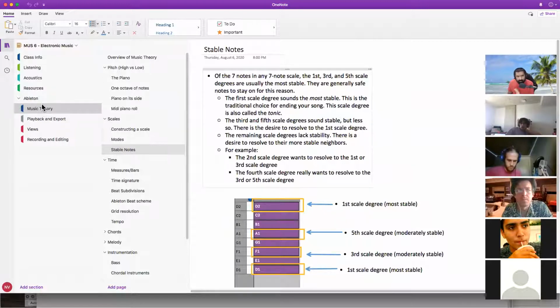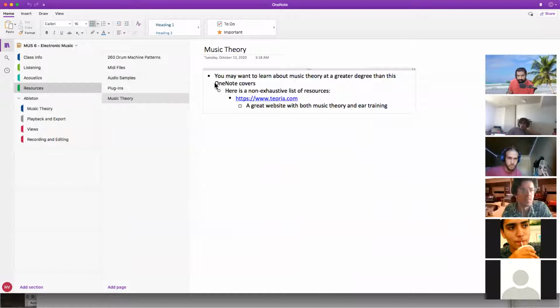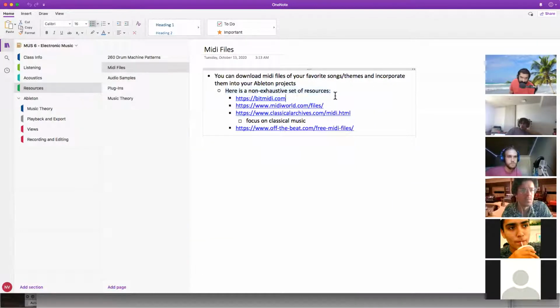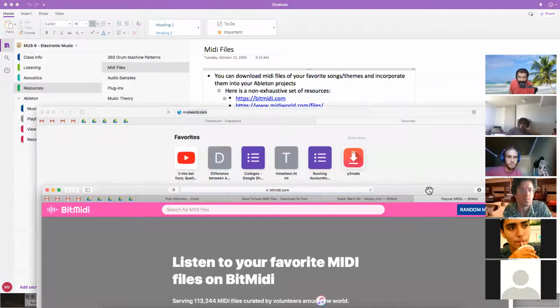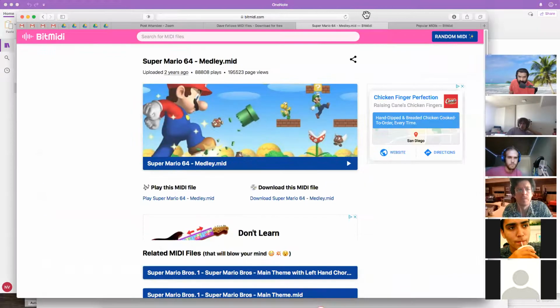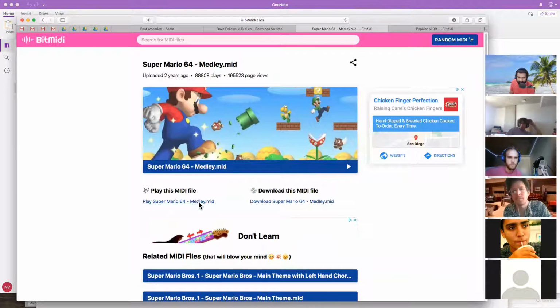What I do want to tell you is this idea, it's under resources, that you could literally download MIDI files and put them into your Ableton project. So for instance, if I go to this website, BitMidi, and I want to download Super Mario Medley,